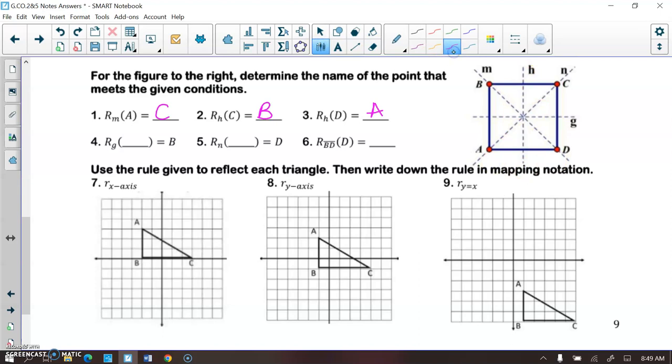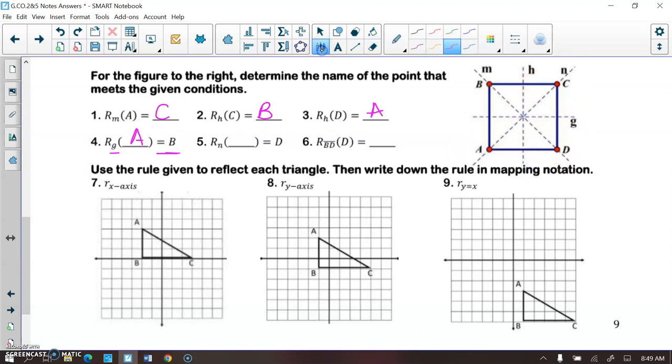Going backwards with reflections isn't too bad. This time I'm going backwards. I'm reflecting point B over line G. So I'm traveling perpendicular to line G, and perpendicular on the other side would put me at point A. And then